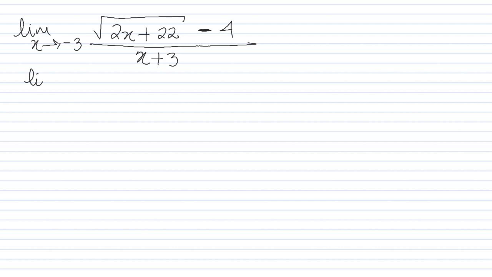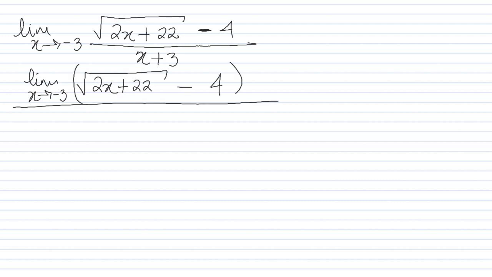So we're going to take the limit of the numerator and the denominator. So we have the limit as x goes to -3 of the square root of 2x plus 22 minus 4, divided by the limit as x goes to -3 of x plus 3. So the next thing you have to do is